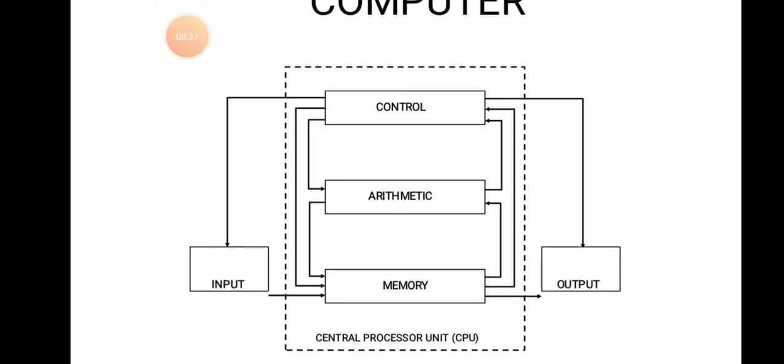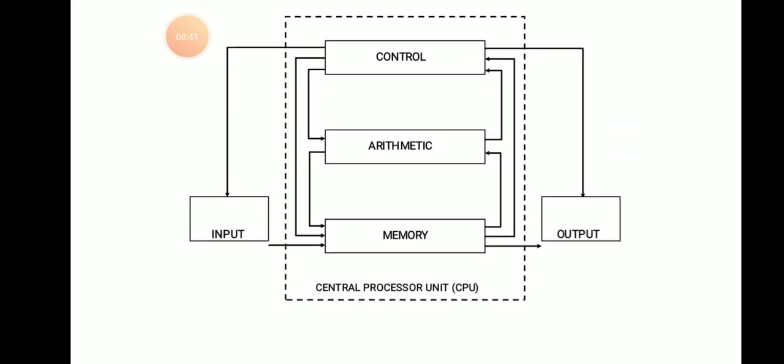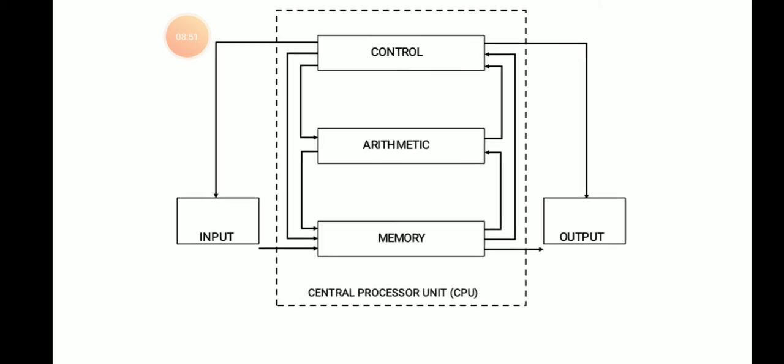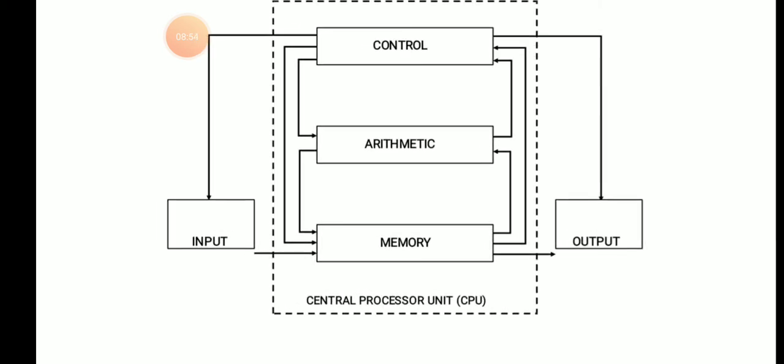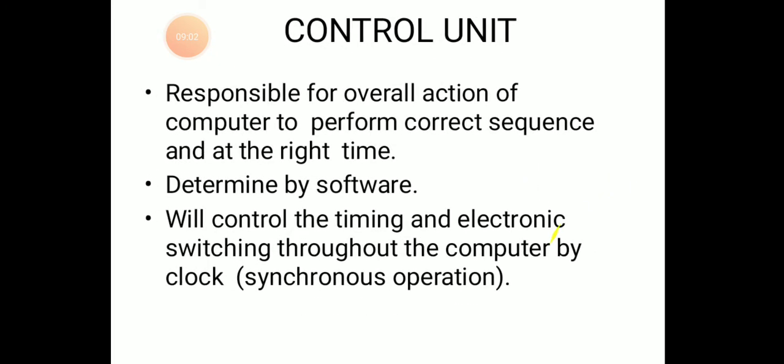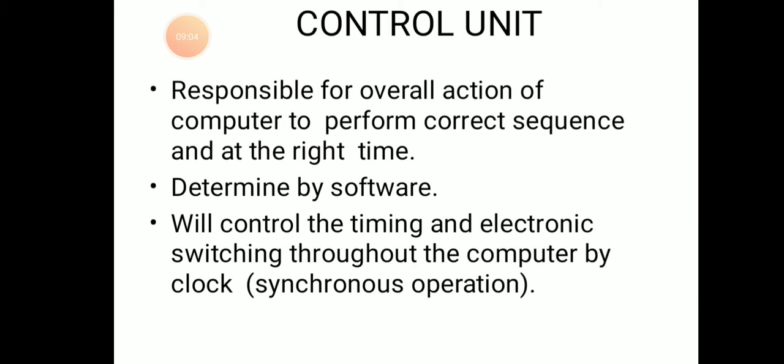So this is one of the basic architectures or basic structures of the computer. It has an input, an output, in between memory, and also you have what? Arithmetic logic unit and control. You can easily understand this structure. Already we studied the input and output devices and also the central processing unit. So next we'll discuss the control unit.